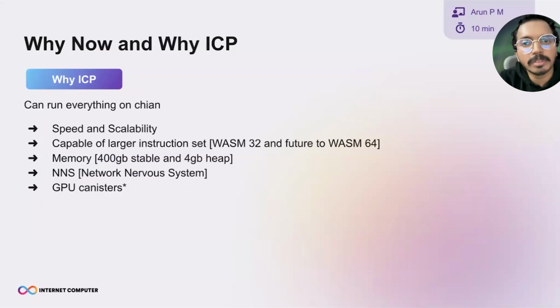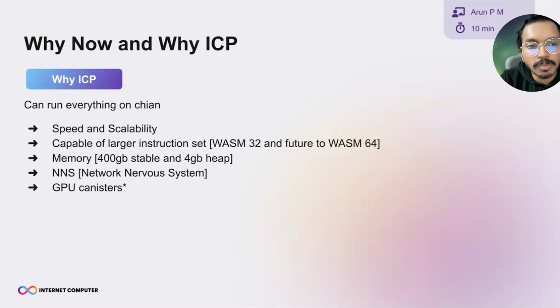Now the question I was talking about: speed and scalability, one of the important factors in ICP. Whether it be Cardano or Solana, we are familiar with how they work, and execution speed is very important, especially when it comes to AI interactions. Even normal interactions take a huge amount of time in other chains, and AI needs a huge number of instructions to be executed.